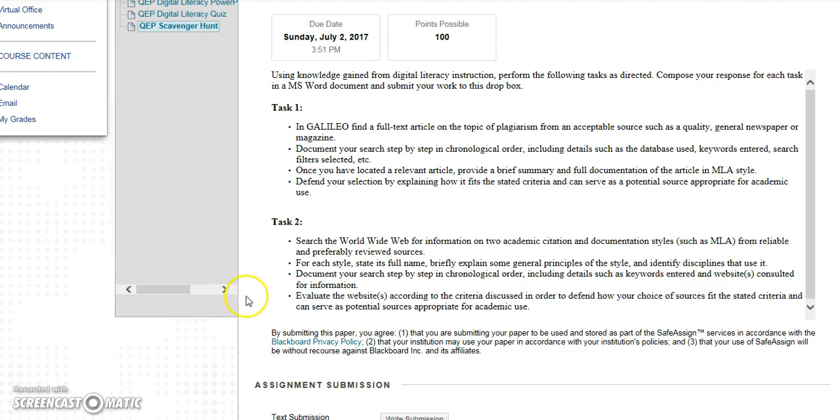Okay. And then as with task number one, you also want to document your search step by step, and you can just list the steps or number the steps. And then of course you want to briefly defend the website that you use to gather this information. You want to explain how the websites, the online sources of your choice, are appropriate for use for academic work, such as, well, it's a .edu website, it's a .gov website, or the author is, you know, a professor or anything like that. Okay, that would qualify